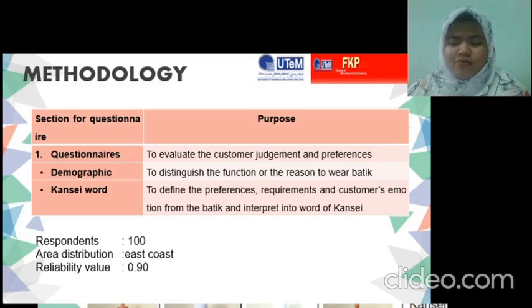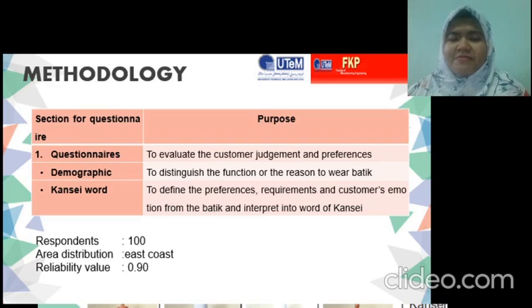In this section, we put their age, gender, occupation, salary, and level of education, because we want to see which gender is more into batik, and which age group likes to wear batik, for example. And then in this questionnaire, we also put Kansei words because